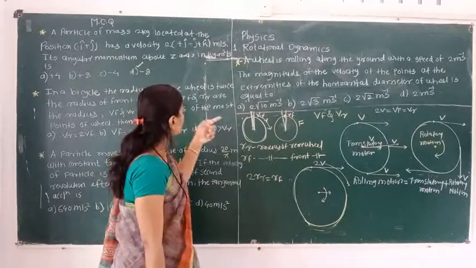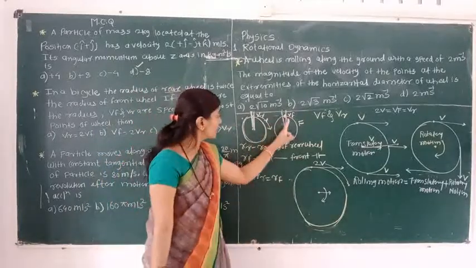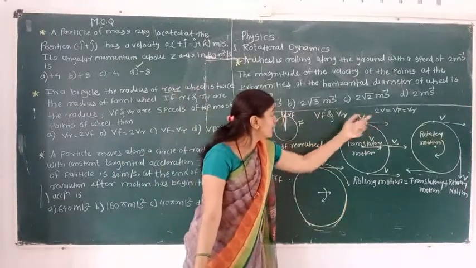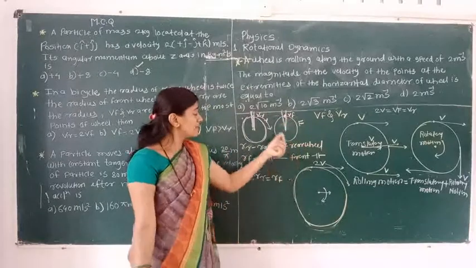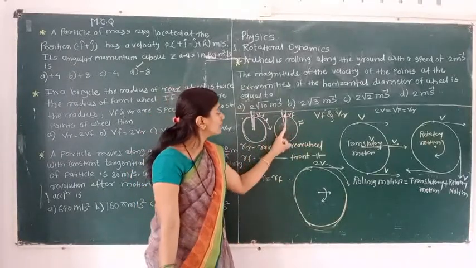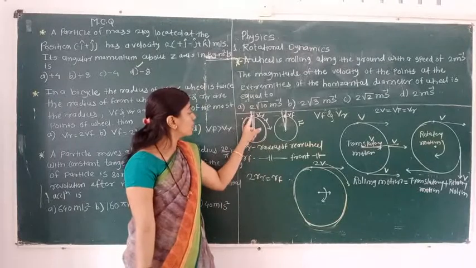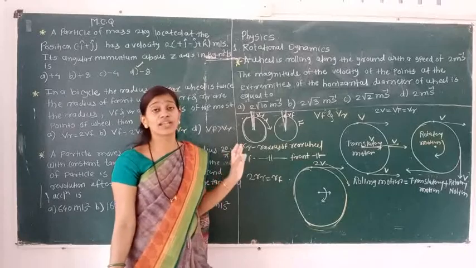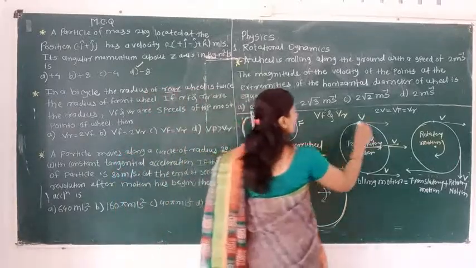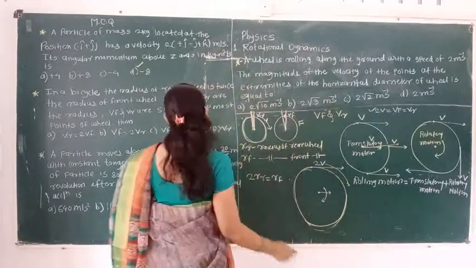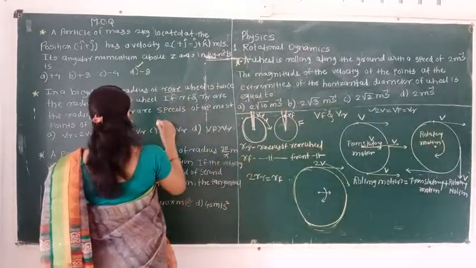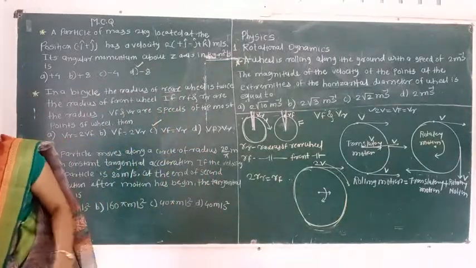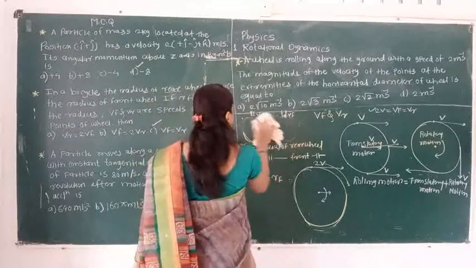Vf and Vr are the speeds of the topmost point of the front wheel and the rear wheel, meaning the backside wheel. The value is twice v, so the speed at the topmost point of the front wheel and of the rear wheel are similar. They differ only in angular velocity. So we can say Vf is equal to Vr. As per our options, option C is correct. So here we write that Vf is equal to Vr. Let me move to the next question.